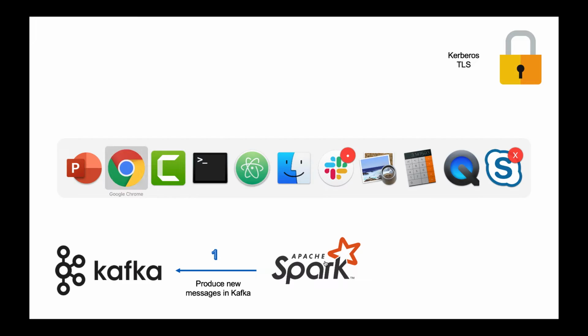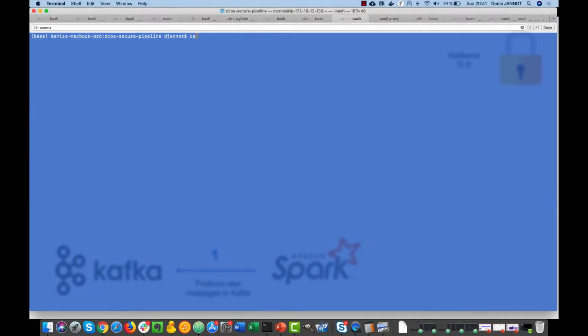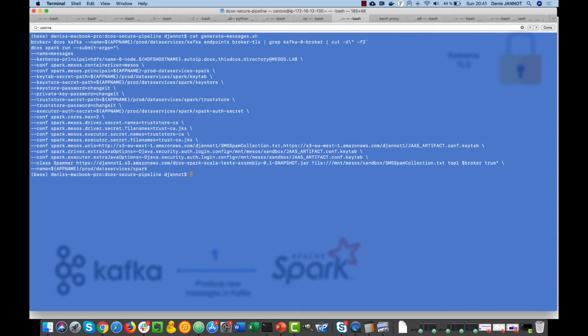So same idea, we go through the command line, and in this case we use another script that's also leveraging the DCOS Spark command line. But in this case, we get a little bit more parameters because we also want to communicate with Kafka, with TLS, and so on. So I just execute this script,